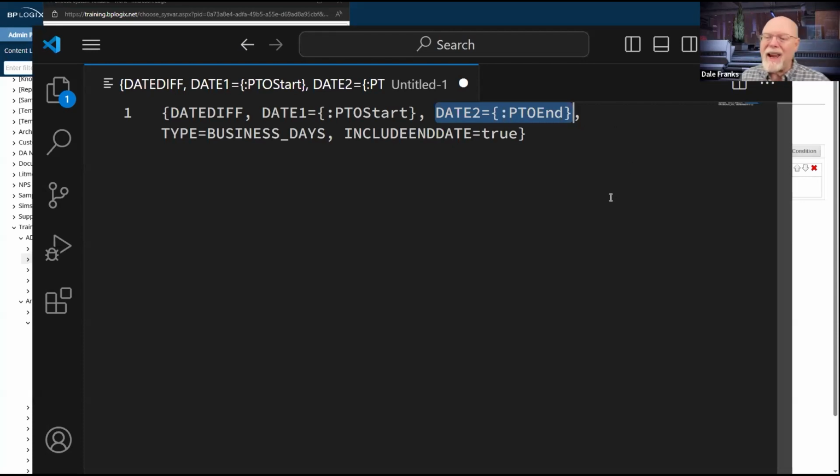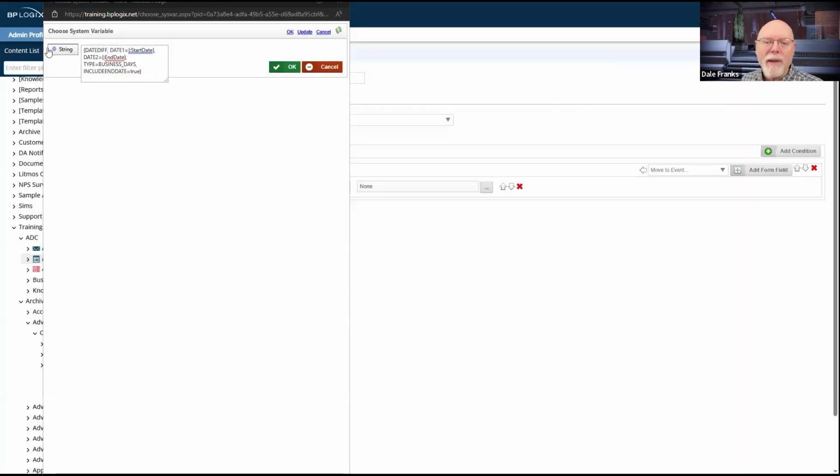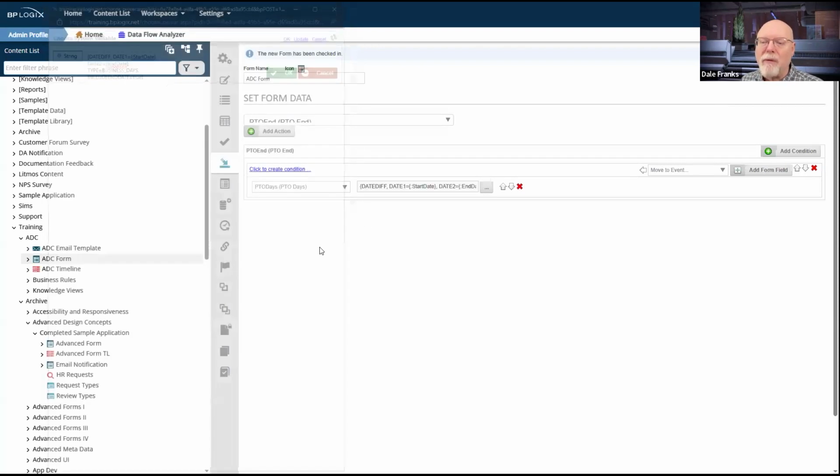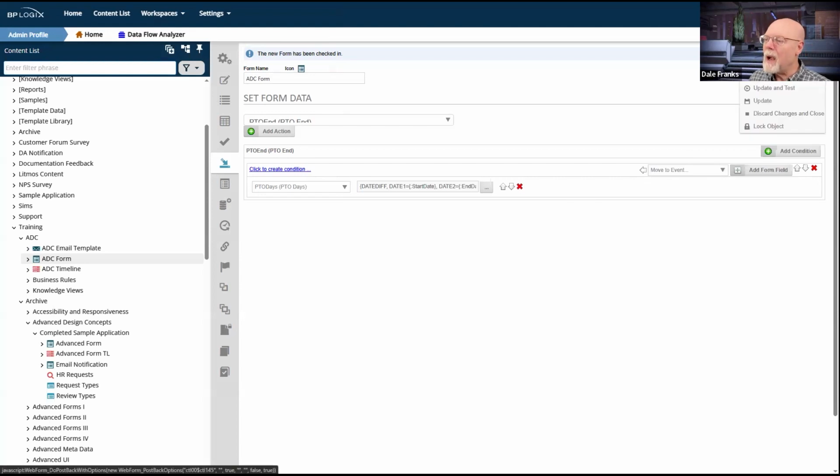So I need to include the end date for that date diff, and that's what I've done here on this particular set form data action. Now whenever I pick a start date and an end date, it should do my calculation. I'm going to go ahead and save that.